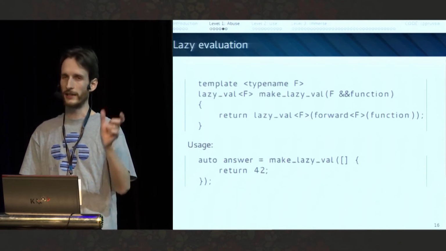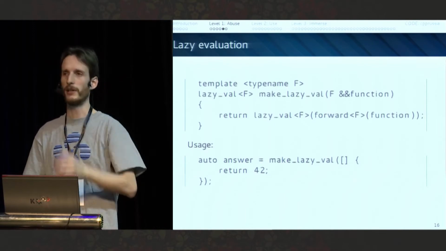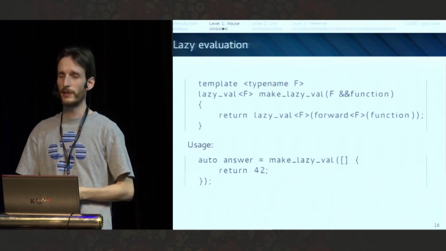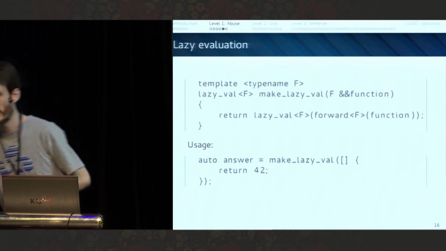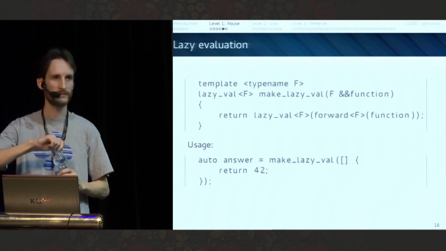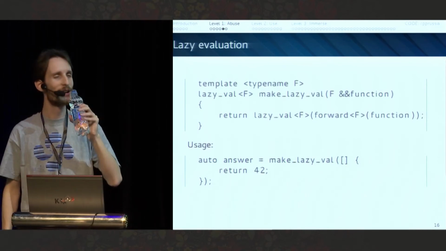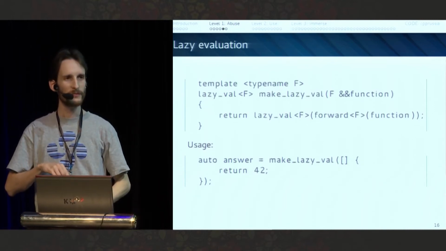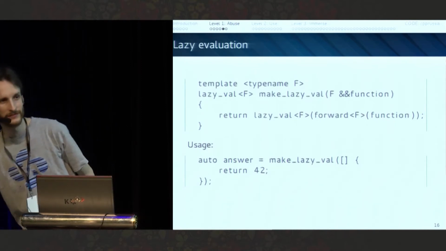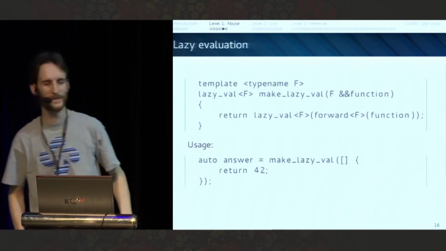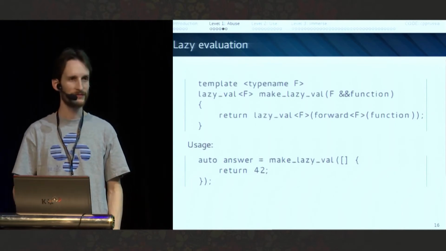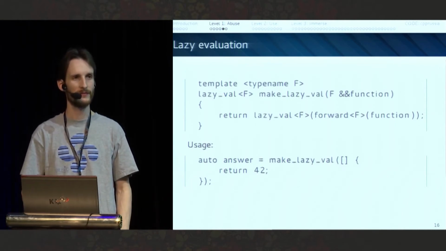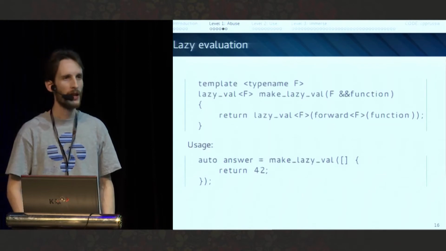We wanted to have a keyword called lazy and just a block. So what should we do? Use a macro. How? Open square brackets, close square brackets. Not for this one.